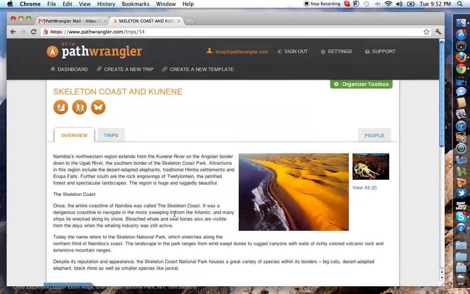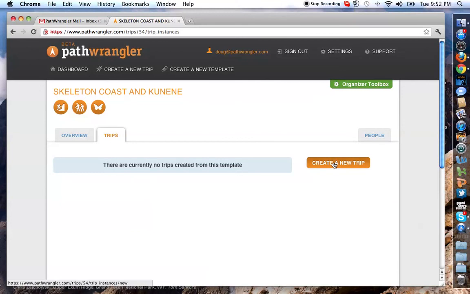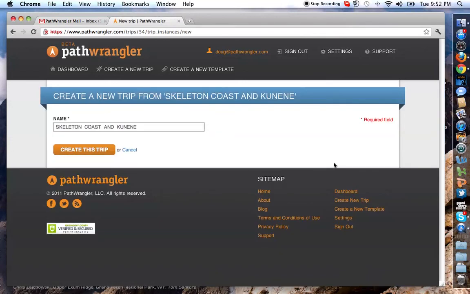The last thing is, on the trip side, now that you're in a trip template, you can go in and actually create various trips off of this. So as we said before, you can't do this if you create a real trip. So what we're going to do is create a new trip, and we're going to give this a specific date, and we're going to say this is going to happen on November 11th. Create this trip,